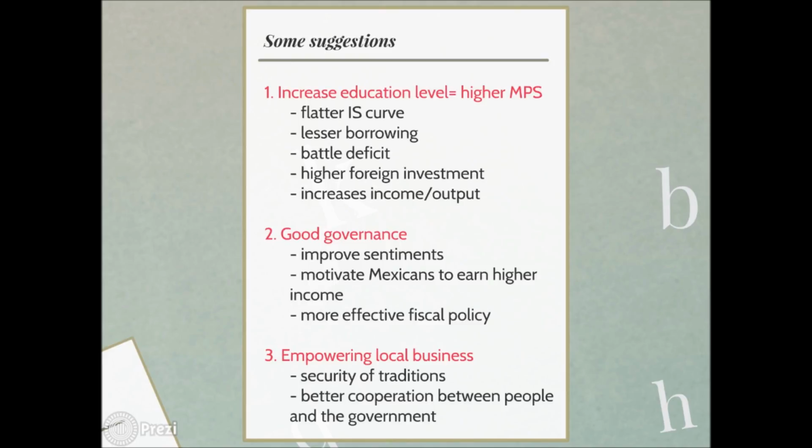The third one is empowering local businesses. This is also important. If the government wants to spend, they have to spend in a way that it will secure the traditions and the culture of the society. So by empowering their local businesses, the society and the community understand that the government cares for the culture and does not want to remove their culture through modernization. Thus, we can have a better cooperation between